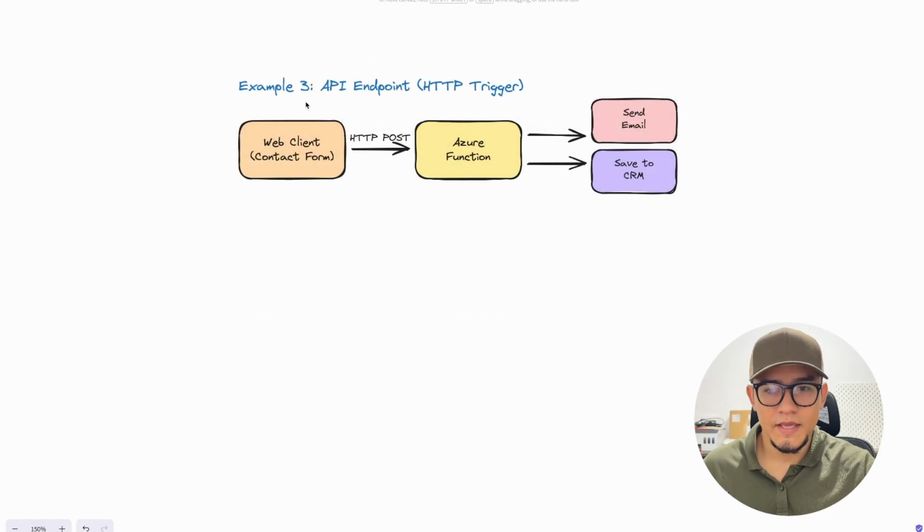So finally, the HTTP request: we are going to create an API endpoint without having to manage any servers. And the scenario is that my website or your website has a contact form. And when someone submits, we need to validate the data that is sent there, send an email, and also we want to save to a CRM, but in our case, we are only storing in an Azure table. The HTTP trigger will receive a POST request, and then this will trigger the Azure function,